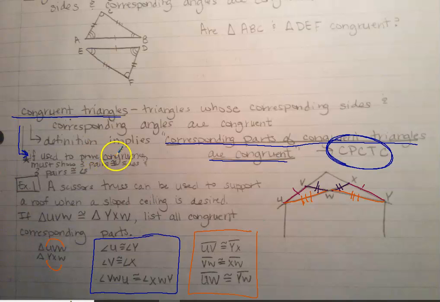If we're using these to prove congruence, we have to show 3 pairs of congruent sides, which we did here, and 3 pairs of congruent angles, which we did here, because corresponding parts of congruent triangles are congruent. It's pretty awesome if we know that, all the things that we can prove after that. All right, so let's move on down and look at